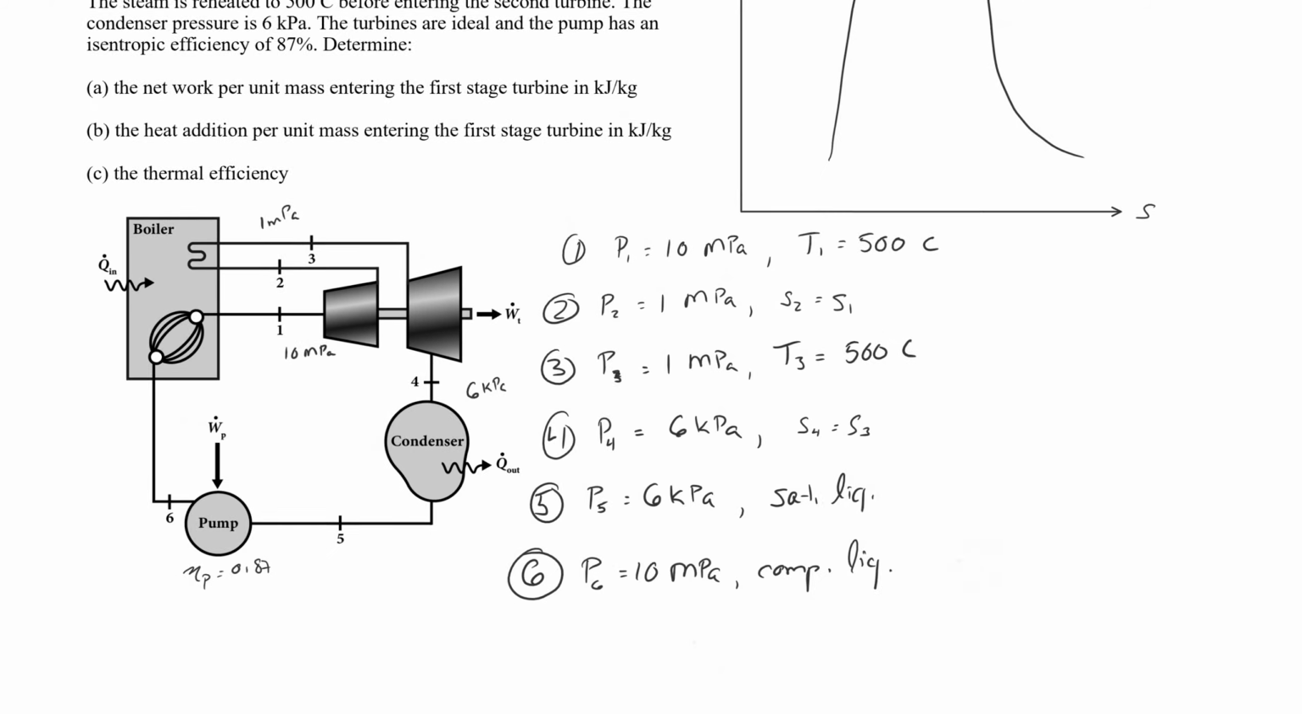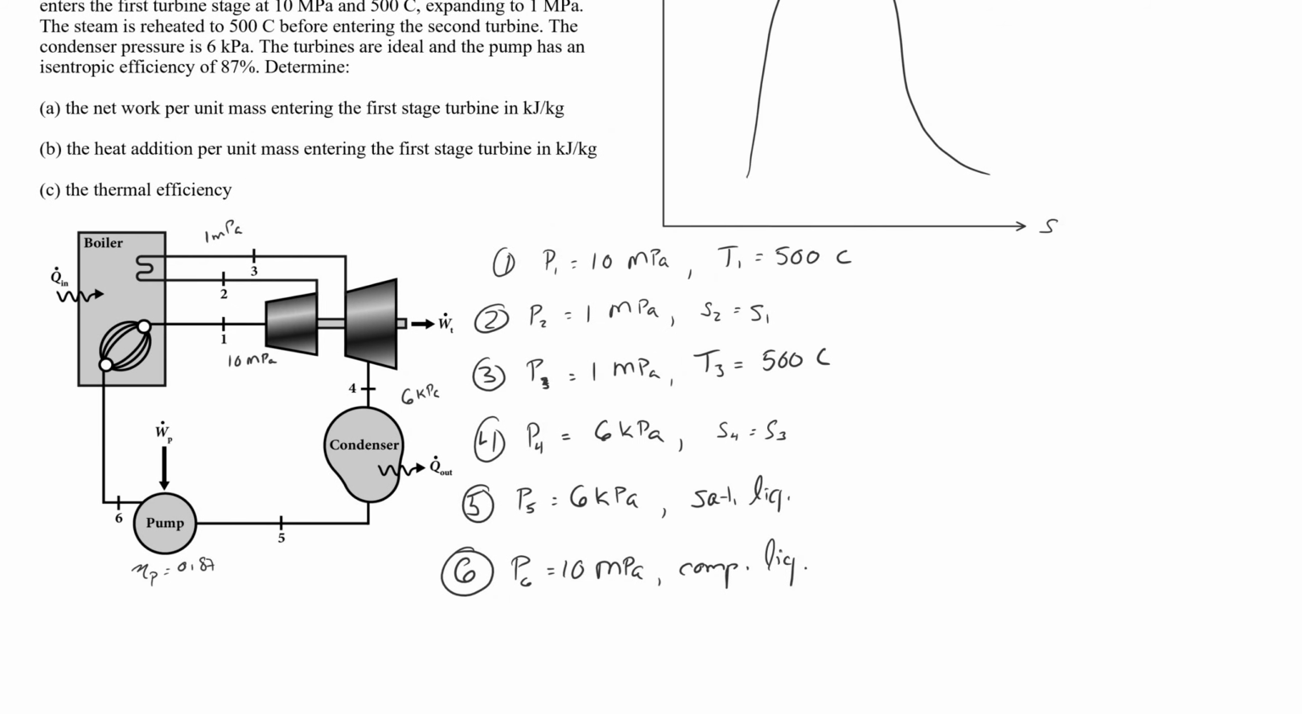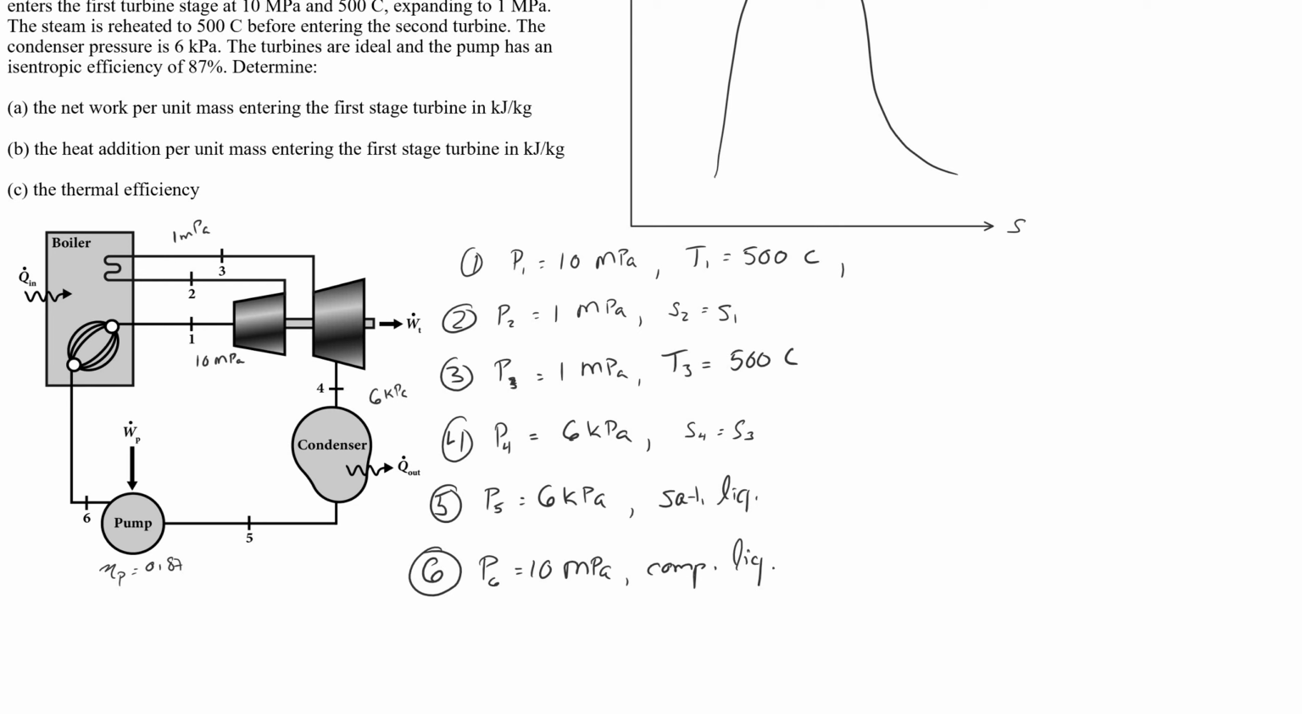Okay, so let's go back up to 1. So this is a superheated vapor at 10 megapascals and 500 C. This is a value easily pulled from the table, no interpolation needed. 3375.1 kilojoules per kilogram. And the entropy is 6.600 kilojoules per kilogram Kelvin. Okay, so then